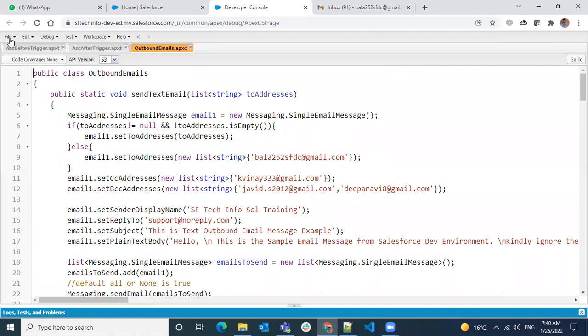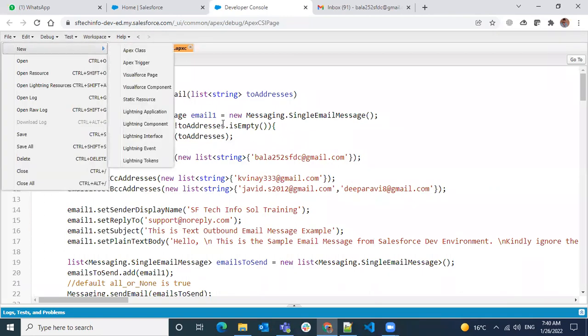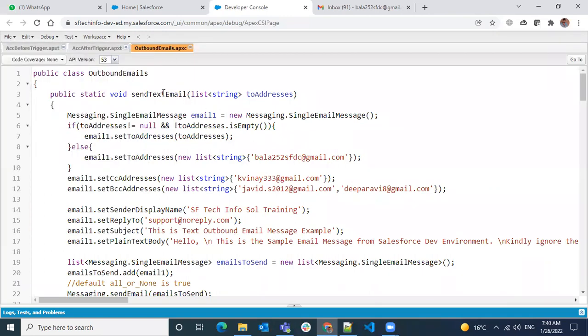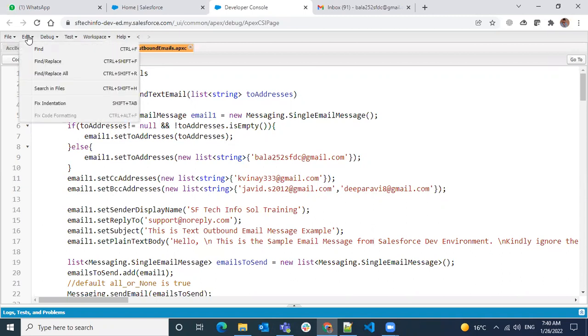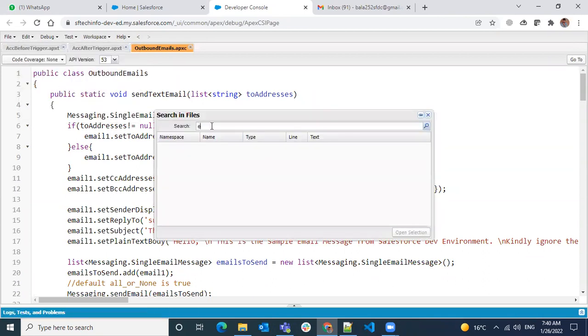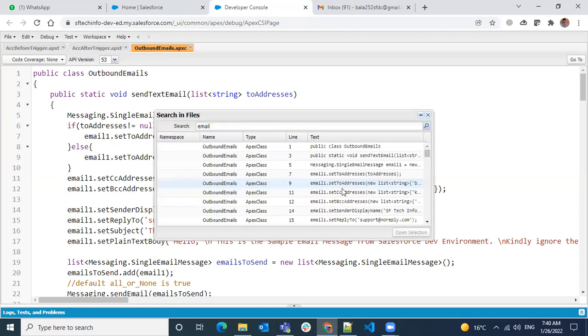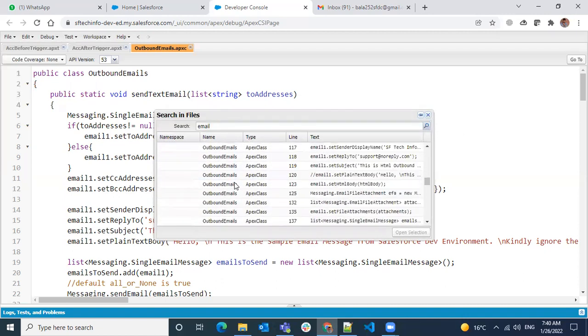So here I'm going to show you a trick. Something you want to refer to after some time, you want to refer to some code and you are not aware of the naming that we use. If you know the jargon, you can use this. You can go to the Edit menu and do a Search in Files. And wherever you want to see email, you can search those and you will get the classes that are using that